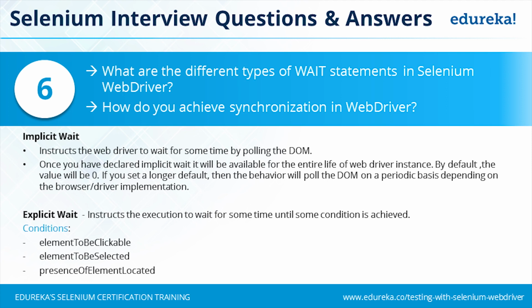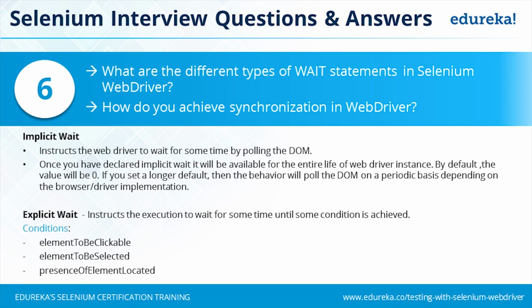So first of all, when you come to this line of code where you want to find the element, it will try to find that object in the DOM. It says, okay, the object does not exist at this particular point of time. So what it does is it waits for some amount of time and again polls the DOM. Say if the wait interval is 30 seconds, it comes back after 3 seconds and again polls the DOM. Now it is still not able to find the object, so it waits for 3 more seconds and again polls the DOM. Now, when 6 seconds have elapsed, it is able to find the object.